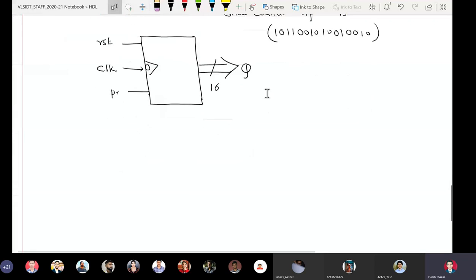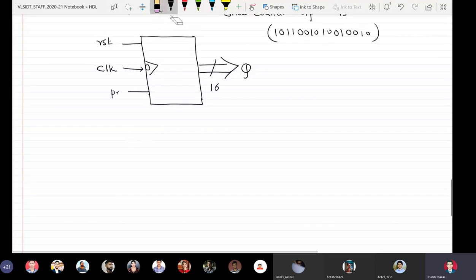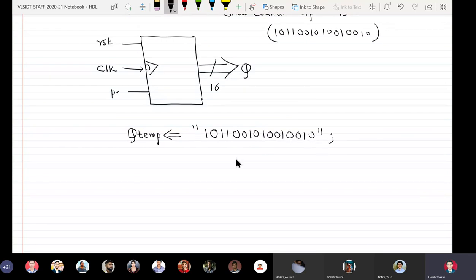If suppose in a program we have to write down that output is like this, then what would we write? We will write in the VHDL model Q temp, right? Because we are not going to touch Q directly. We will write Q temp is assigned 1 0 1 1 0 0 1 0 1 0 0 1 0 0 1 0. Very laborious, right?